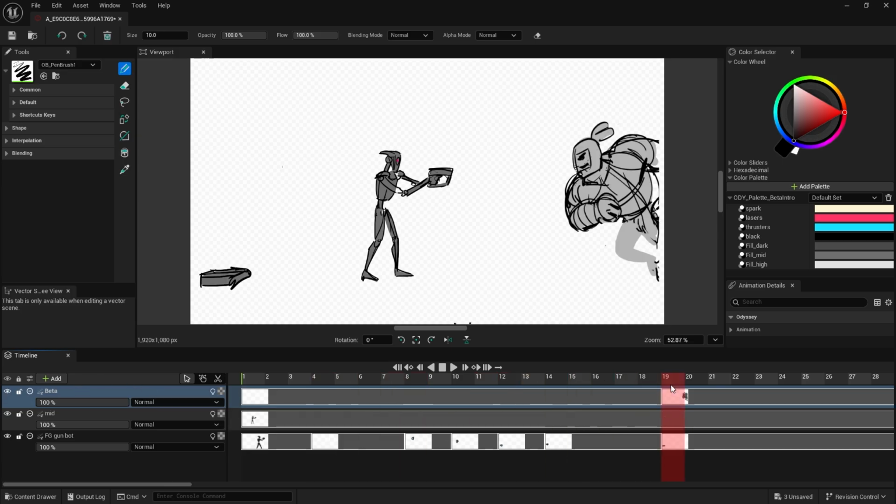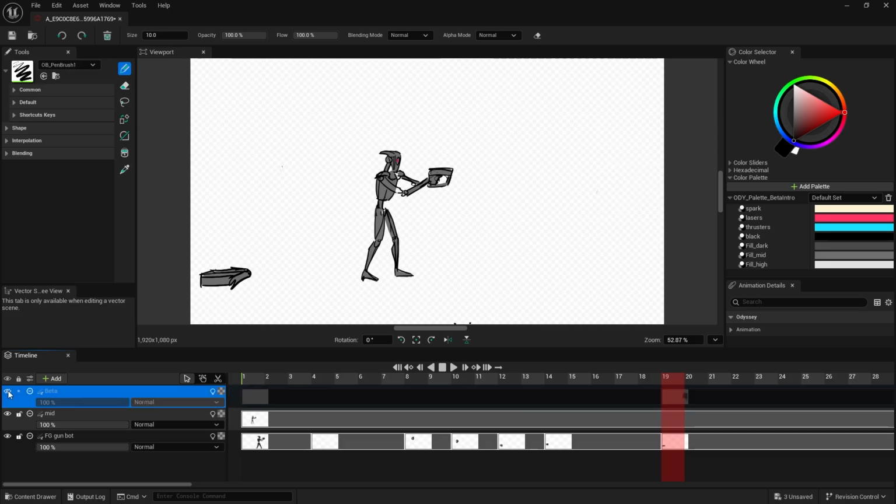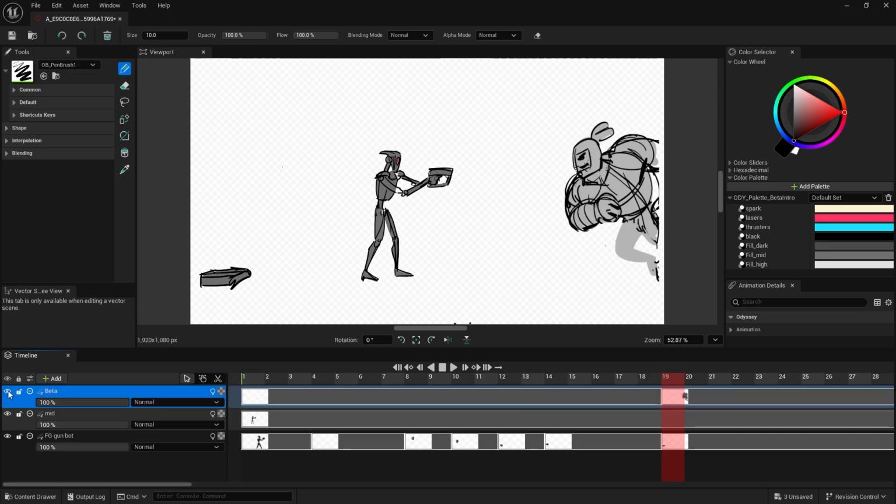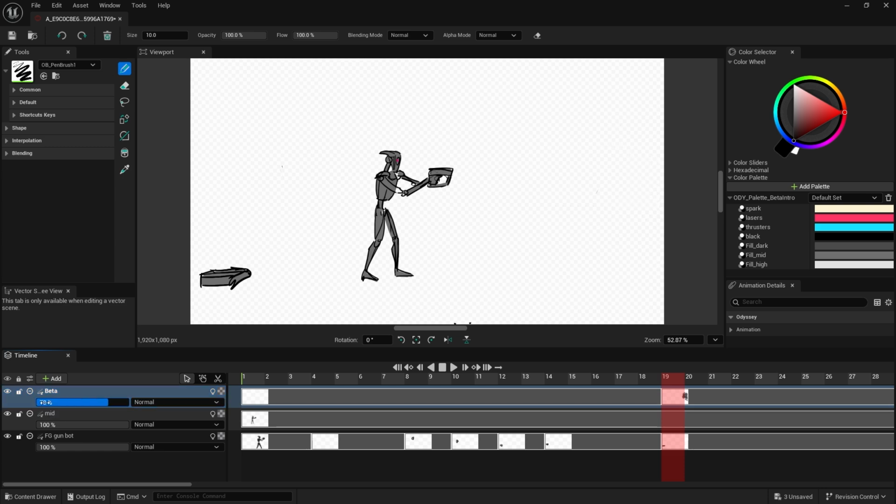One of them is Beta, our main character. If I would turn off his layer, it would go away. You can also use sliders to change the opacity levels. It's basically a Photoshop-like graphical editor.